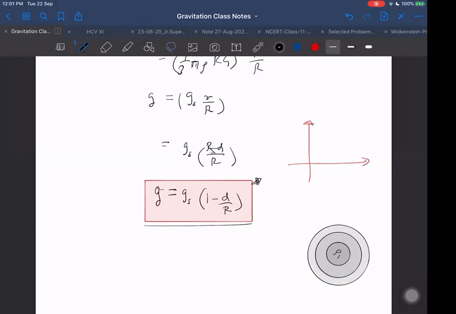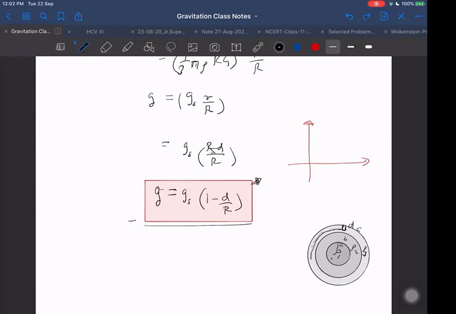Now again, one more assumption I'm making, that the densities will be rho 1, rho 2, and rho 3. Now we are at the surface, and I want to find out g at depth d, as long as we are in the outer region only, not entering the second density region, where the density is rho 3. Then how to answer such questions? Again, find the mass enclosed up to this part. Then I should give you A radius, B radius, C radius, and here we are in B to R. Then, what will be the mass? Let the total masses be M1, M2, and M3. Follow the same procedure. Start from the basics. Take a Gaussian surface here. By R square, but take the mass enclosed. After taking the mass enclosed, within that, mass enclosed in what?